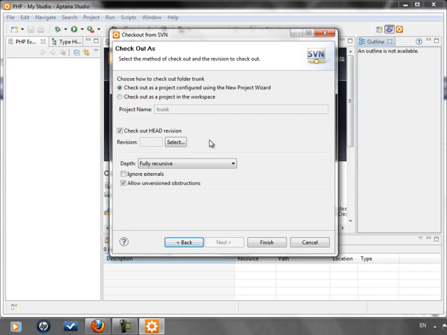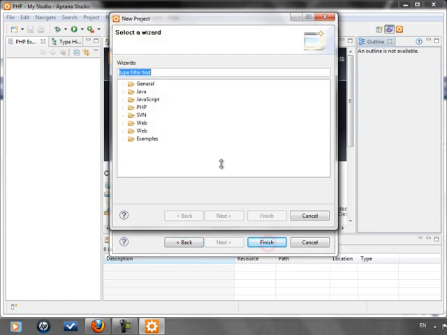This dialog will allow us to choose how we want to check out the SVN repository. We need to check it out as a project configured using the new project wizard. The head revision, which is just fine because we always want the latest version, fully recursive because we want everything to be included, and everything else is just fine, so we just click on Finish. In the new dialog, we'll expand the PHP node and select PHP project in order to create a new PHP project from the SVN code. So after I have selected this, I just click on Next,